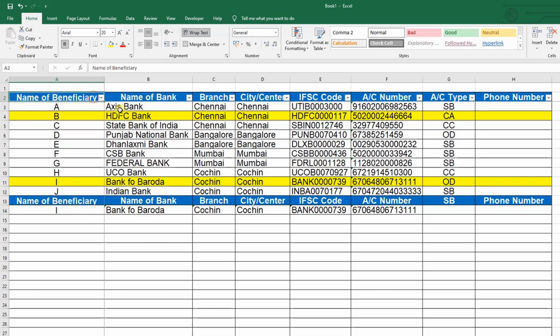Here we counted beneficiary name as column 1, name of the bank in the 2nd column, branch in the 3rd column, city in the 5th column, 6th column, 7th column and like that. But if we have more than hundreds of columns, how can we count each column? Which data header has which column number? So when we are working on large tables, it is easy to give the column number. Here I am giving the column numbers. The first column is number 1. So this is the 2nd column. So put a number for each column.